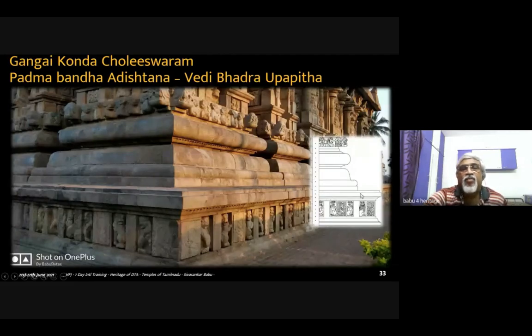Here you have two components, Vedi Bhadra, Upapida. Vedi is a small platform, raised platform on top of it. That's why it is Vedi Bhadra. And you have Ganta, Kantapatham, and then inside each Gandam we have a layer. So this is Vedi Bhadra, Upapida. On top of it, you have Upanam, the base foundation, and you have Jakati. Jakati is beautiful, like a Padma. It is curved like this. See the way it is extending as a slope.